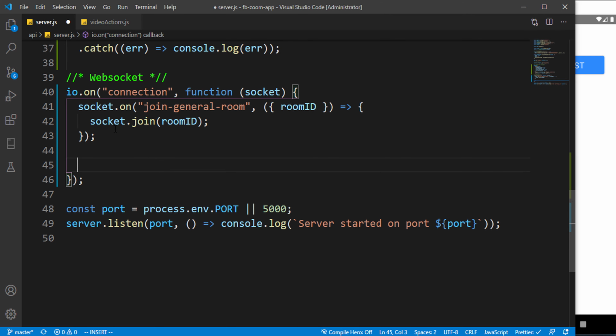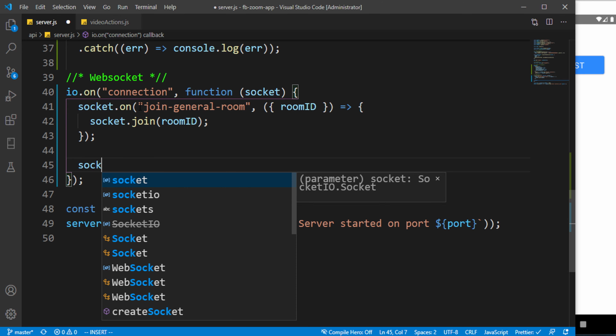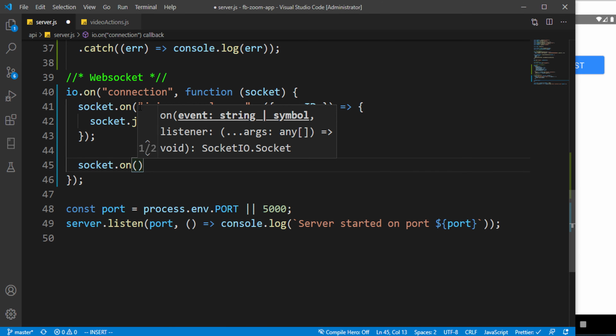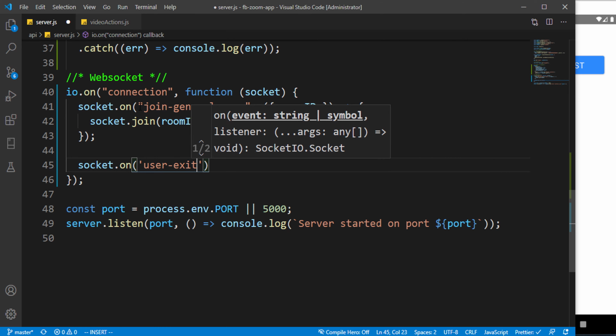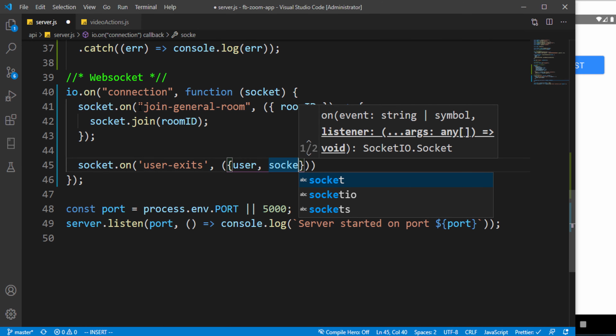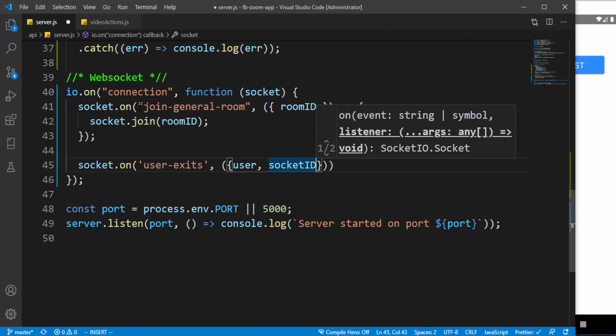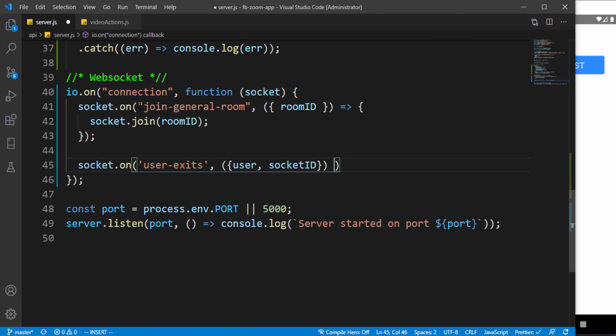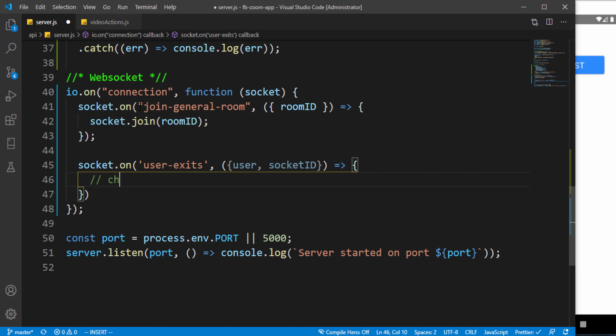So the socket kind of uses the socket ID to join on that room. Then the next thing we have to do is to check for socket.on user exist. So this user exist, like I said, is initially going to be checking from the Mongoose database, and it's going to be getting the user and also the socket ID. And whenever we check whether the user exists, so let's say check whether the new user or the existing user exists in active